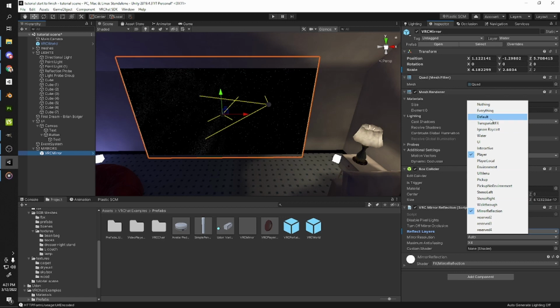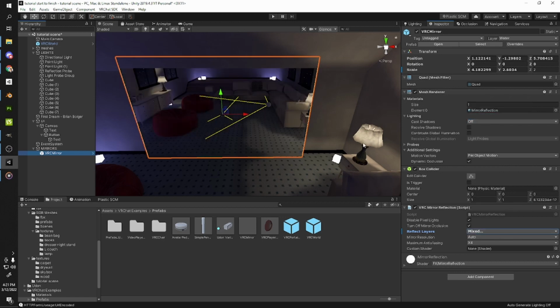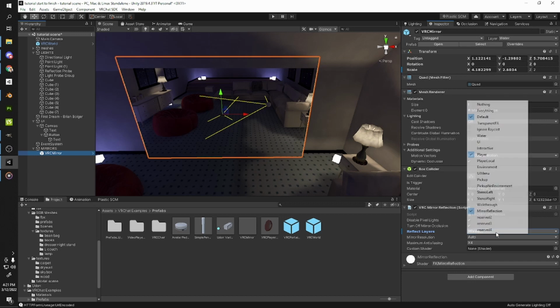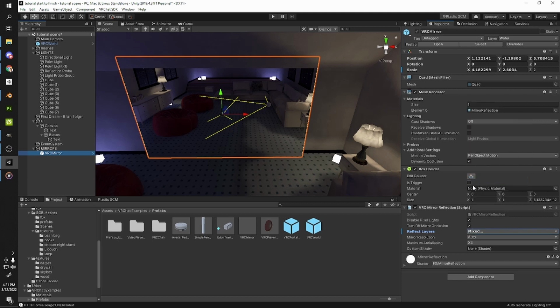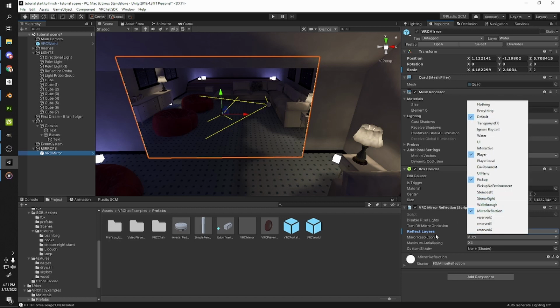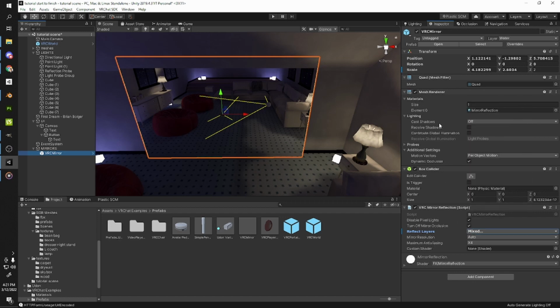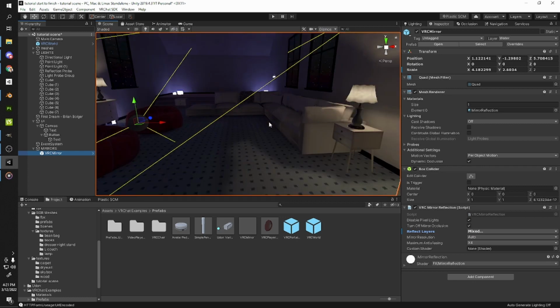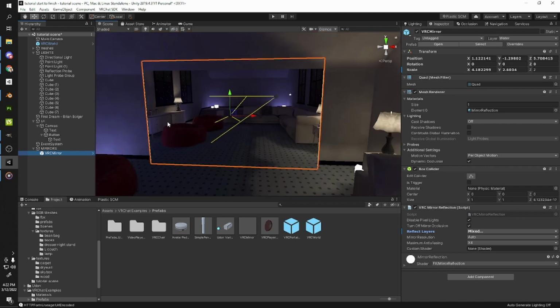Most of these objects are on the default layer, so I'm going to press default. So now it's reflecting everything. And if I had pickup objects, I would want that as well. So I'm going to just turn on pickup objects, even though I'm not adding pickup objects. Now we have a high quality mirror. I'm going to press F2 to rename this, and I'm just going to put HQ at the front. Now I'm going to press Control D to duplicate it. Press F2 to rename, and I'm going to